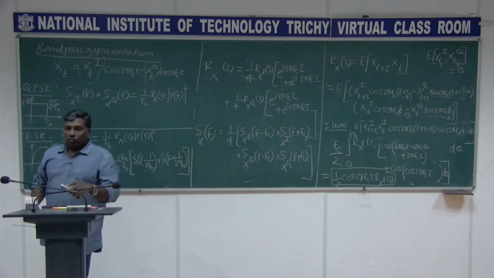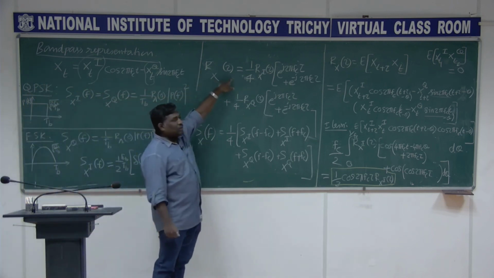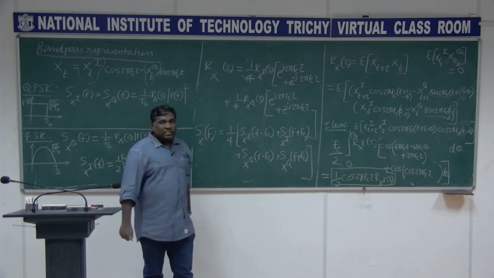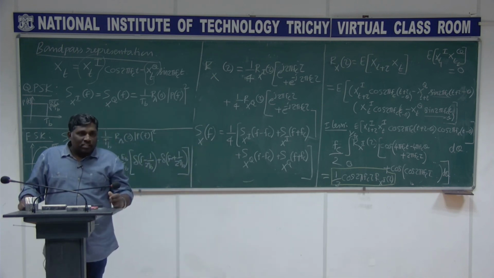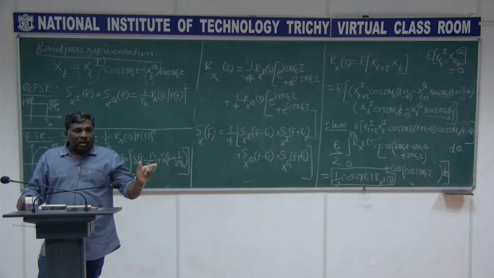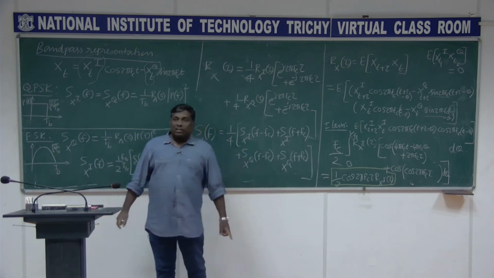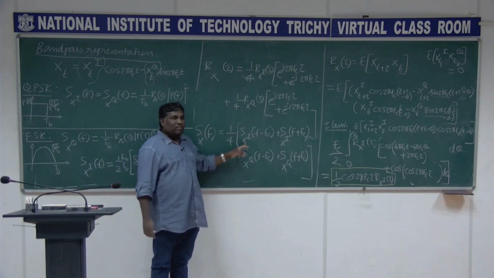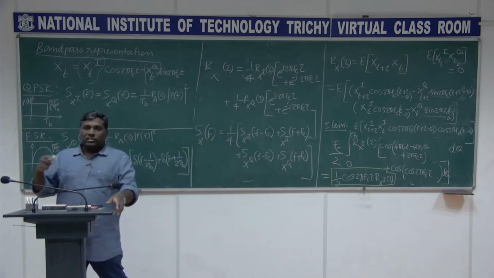We were actually deriving the autocorrelation of this x(t). That is the starting point, you get this R_x(tau), and when I take the Fourier transform, you get the spectral density. The spectral density of the band pass transmission depends on the spectral density of the in phase component and the quadrature component. The in phase component is x_I, x_Q is the quadrature component, and it is very straightforward: 1 by 4 of S_xI(f plus fc), S_xI(f minus fc), S_xQ(f plus fc), S_xQ(f minus fc).